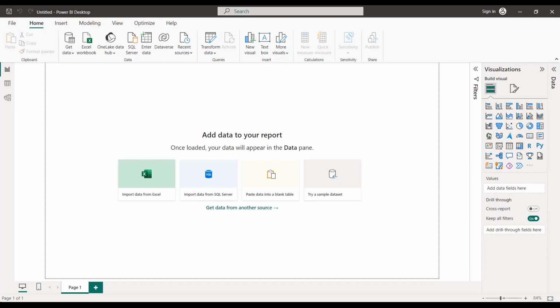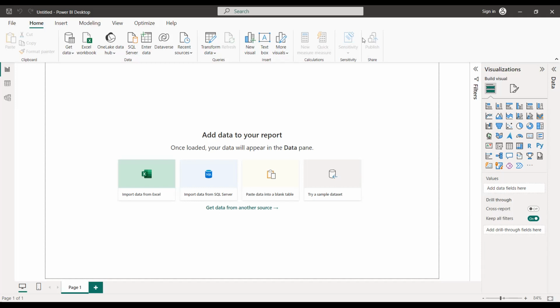I'll use one of the data files I sent to us, and we're going to import it now.